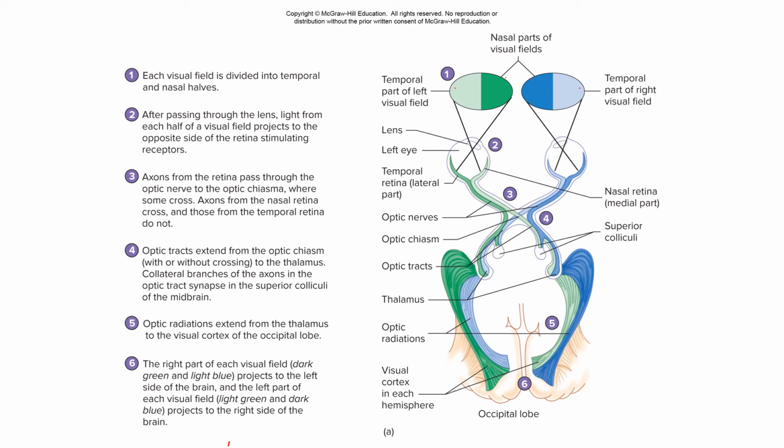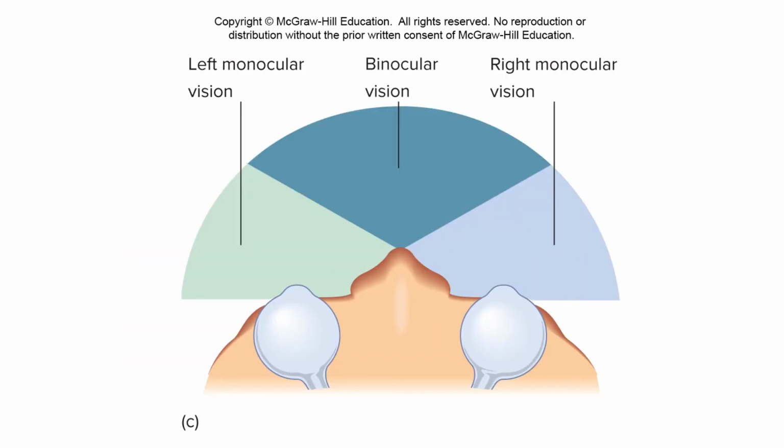So kumbaga yung nasal fields, yung nandito sa gitna. Okay? At saka yung nandito sa gitna, sila yung sa right, and then yung sa kabila, yung dark green, and then yung light blue, sila yung sa left side. Okay? So, usually pag